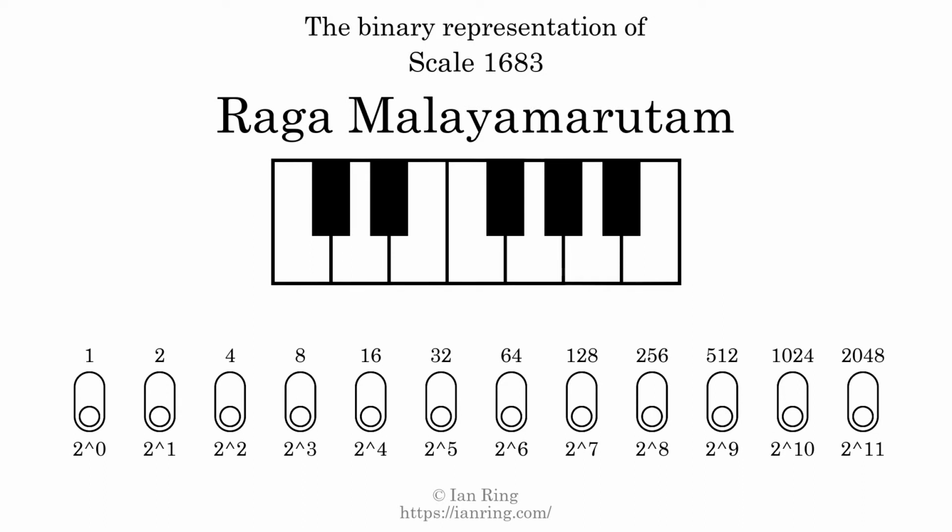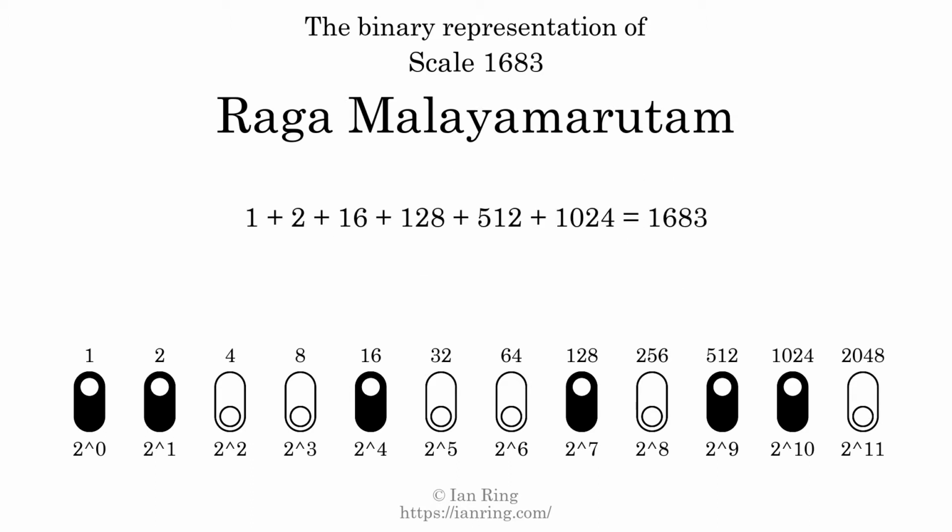The binary representation of this scale is determined by mapping tones of the scale to binary digits. Each binary digit represents a power of 2. To get the scale number, we add the powers of 2 together. The powers of 2 that are present in the scale, all added together, equals 1683. That is why the scale number, in decimal, is 1683. The scale number not only enumerates the scale with a unique index, but it also literally describes the tonal content of the scale. Represented as a binary number in base 2, the scale number is